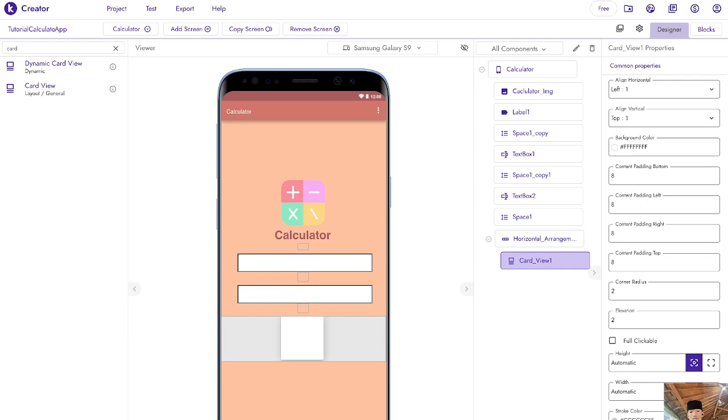Height 10%, width will be 22%. Calculation app. Next thing, we're going to make the things rounded. Corner radius change to be 10. Okay, so perfect, corner radius will be 10 there.